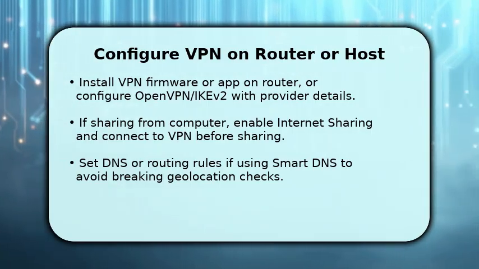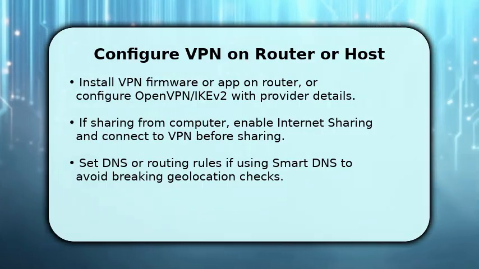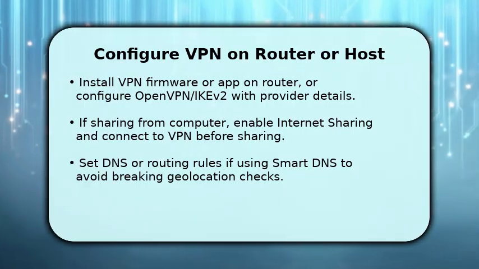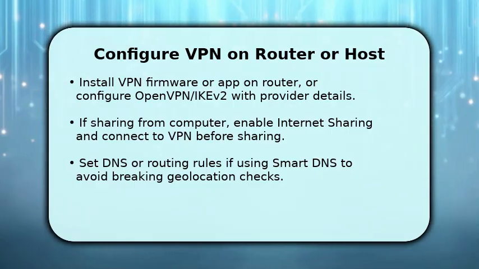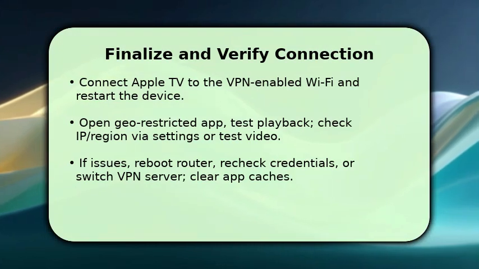If you share from a Mac or PC, connect that machine to the VPN first, then enable internet sharing to broadcast the secured network. Make sure Apple TV joins that network. Also adjust Smart DNS. Finish up by joining the Apple TV to the VPN-enabled network and restarting the device so